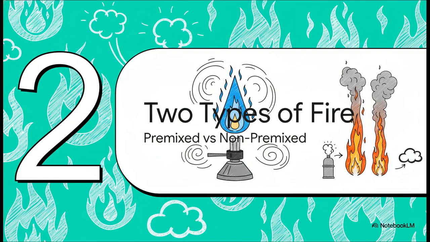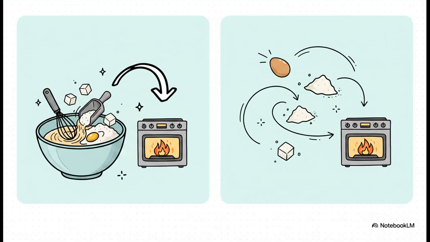Section 2. The two types of fire. Premixed versus non-premixed. Let's meet the two main characters in the world of combustion. These are our stars, premixed flames and non-premixed flames, which are also known as diffusion flames. The main distinction here, it's all about timing. In a premixed flame, the fuel and the oxidizer, which is usually just air, are perfectly homogeneously mixed before any